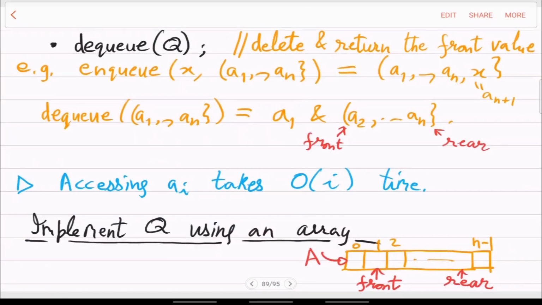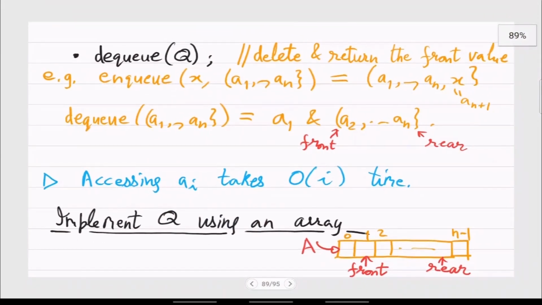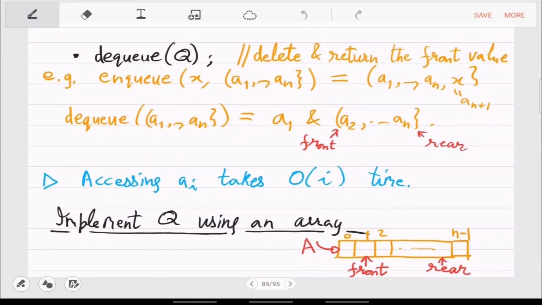So let us implement this now using an array. You can have some idea about what your queue size will be at max, let's say n, right? So based on that, you can declare the array, and you can maintain two variables, front and rear. Will this be enough?